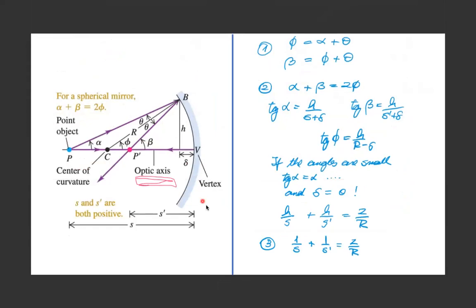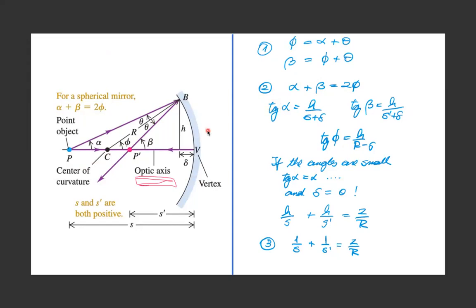So I have the same drawing again. And I notice that phi is the external angle of this triangle here. So phi is equal to alpha plus theta, which is the first equation. Beta here is the external angle of this second triangle, the C P prime B triangle. And so beta will be equal to phi plus theta, which is the second equation. So I could rearrange,